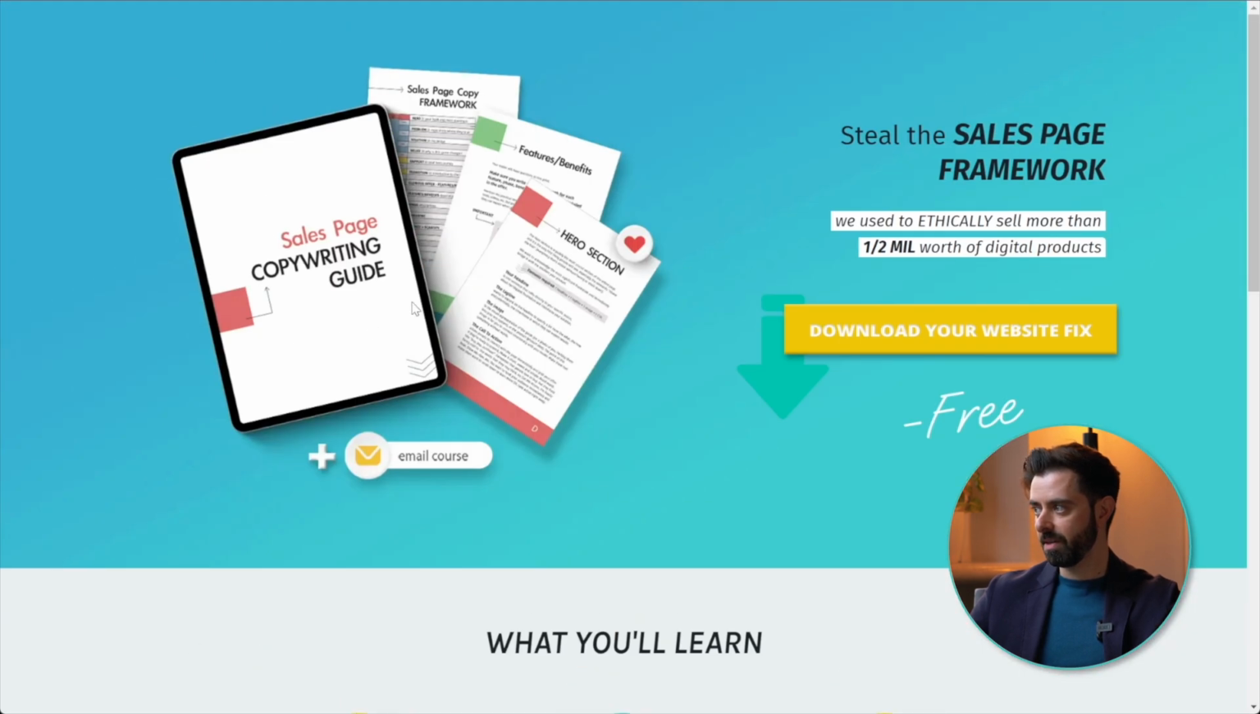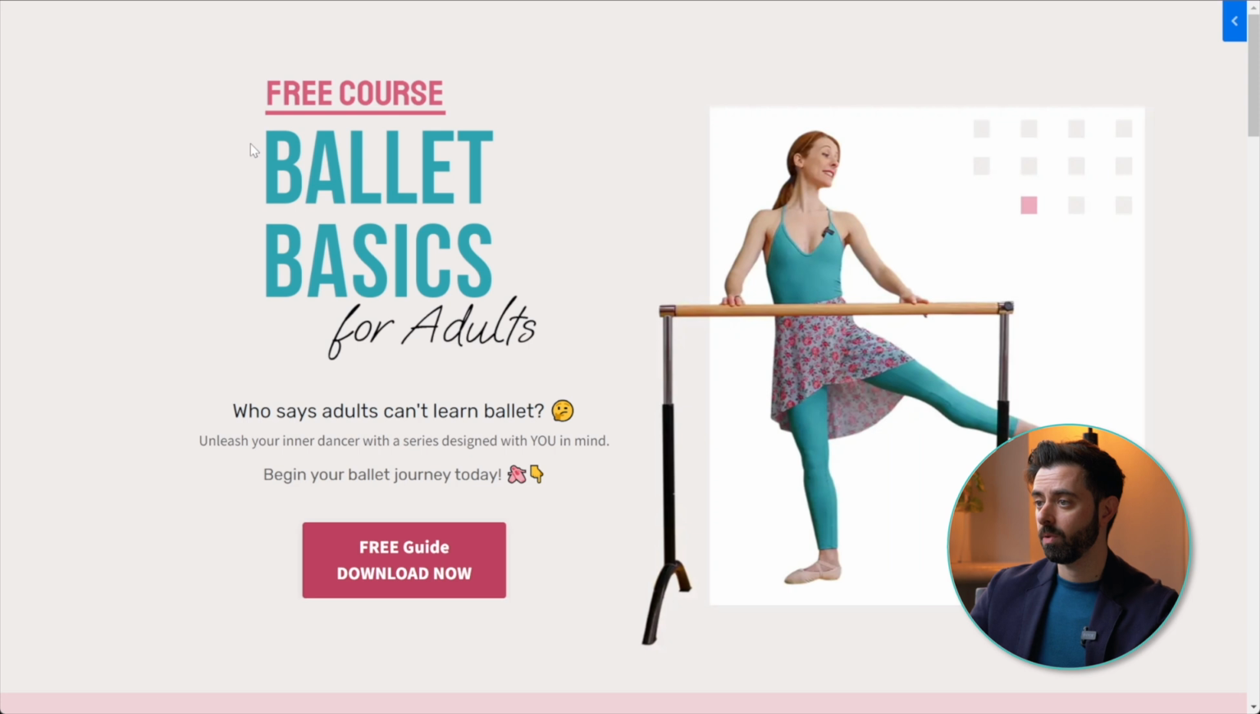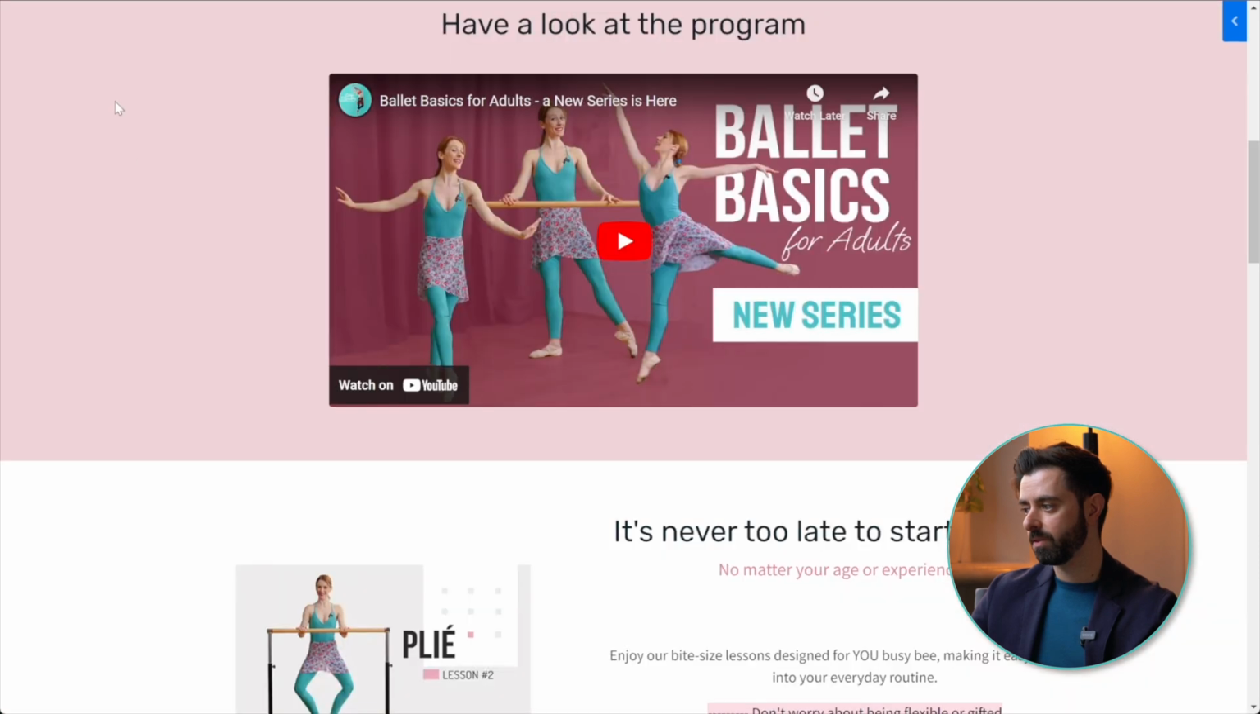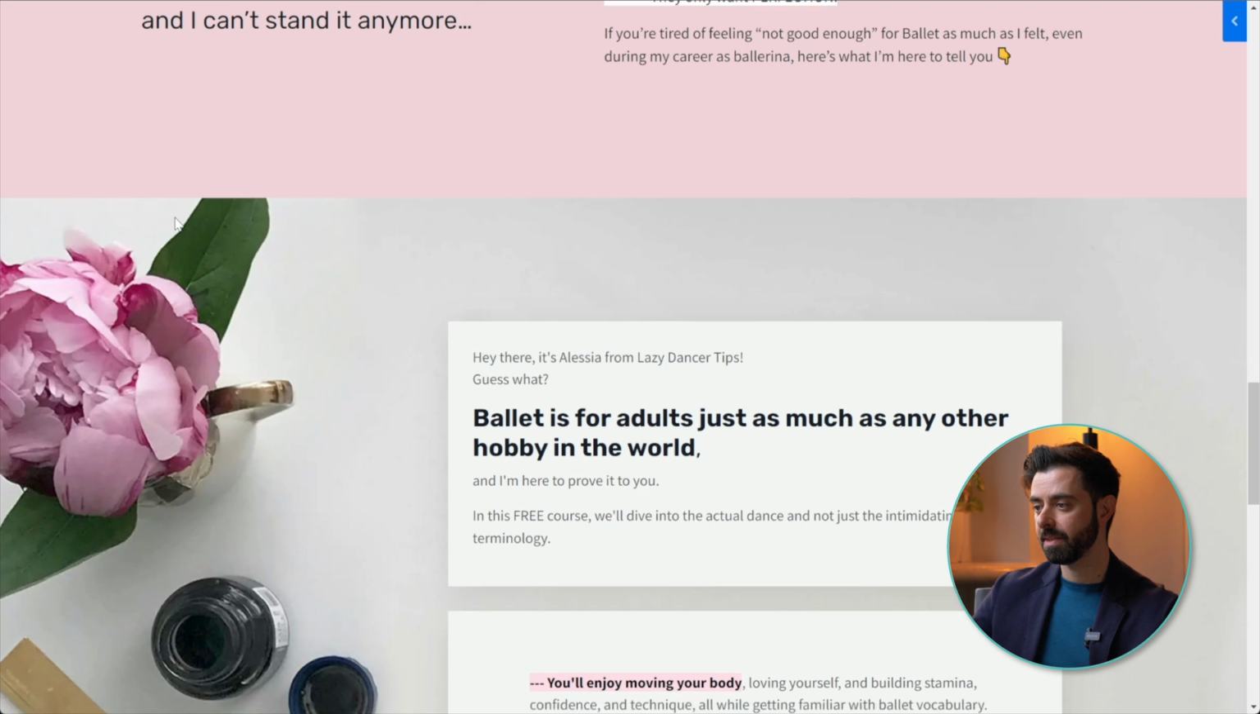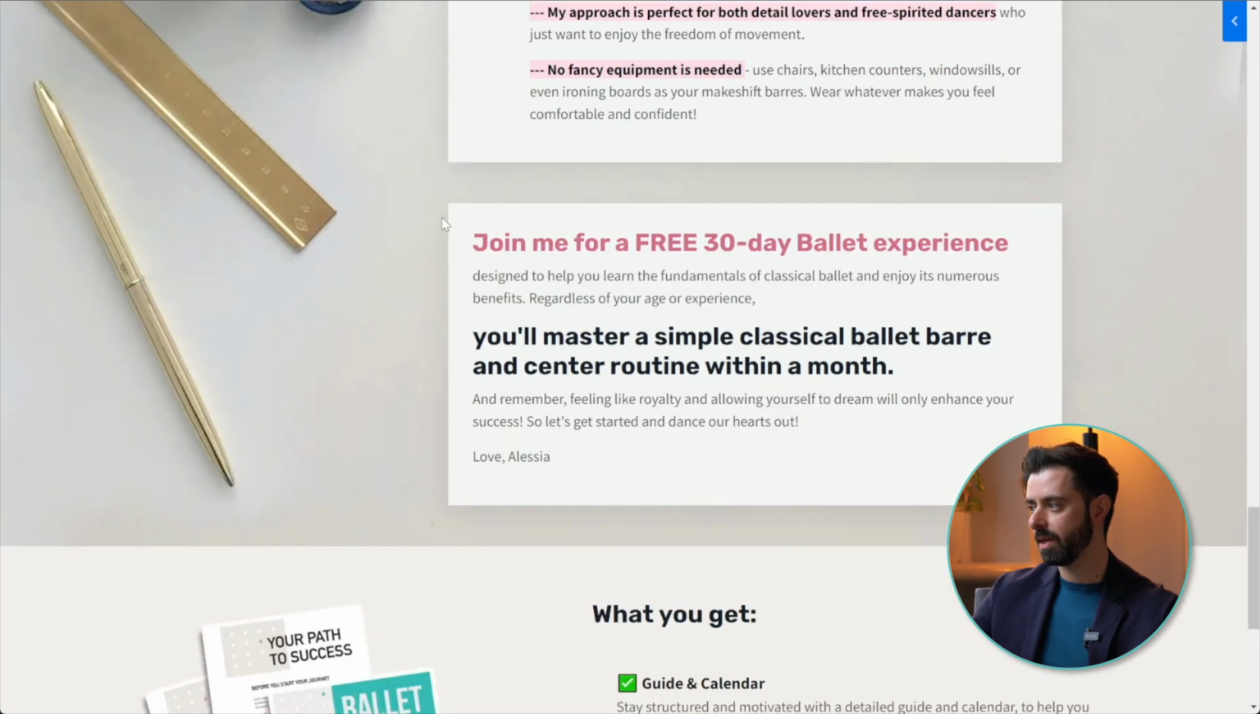Simple as that. Let me find another example. This is another example of a free opt-in product. It's a ballet course for adults. It's all based on the research we did with our clients. They don't know ballet, they're intimidated by it, so we just want to reassure them that it's going to be a